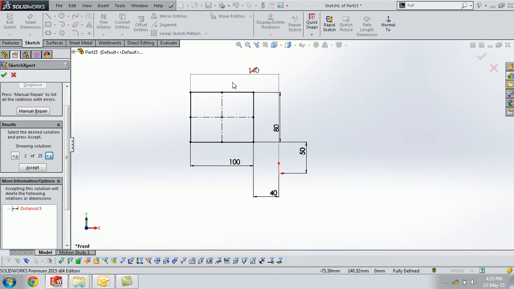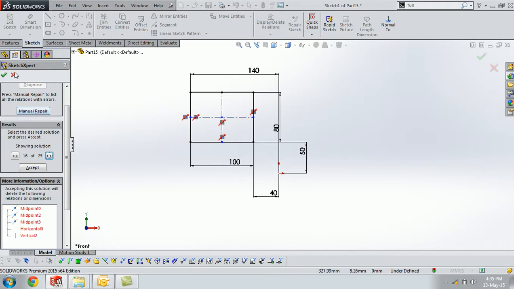It says this dimension can be deleted, and this one is distance, this 100 can be deleted, or this midpoint, or even the relation can be deleted to make my sketch fully defined. So I can go with any of these relations to be deleted. Likewise, I will be suggested with 25 options so that I can move with any of the options which I need to make my sketch fully defined, that is, getting out of the particular problem.